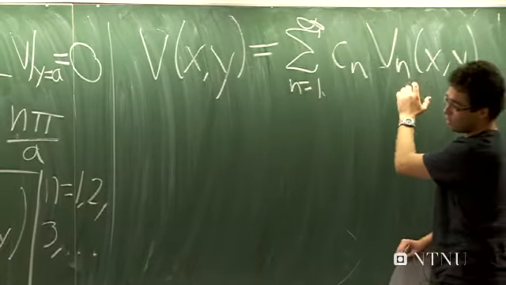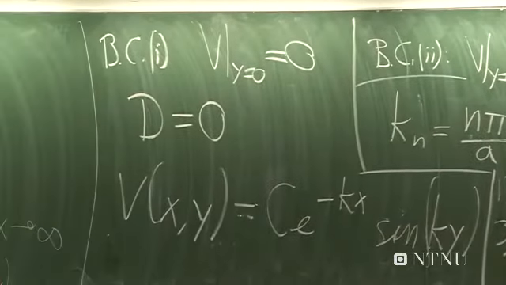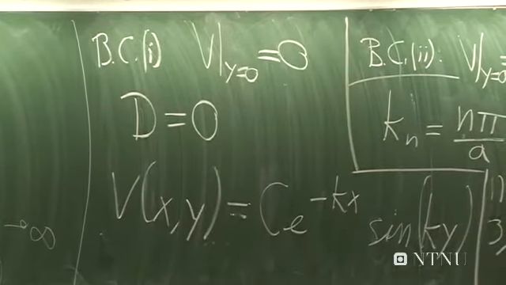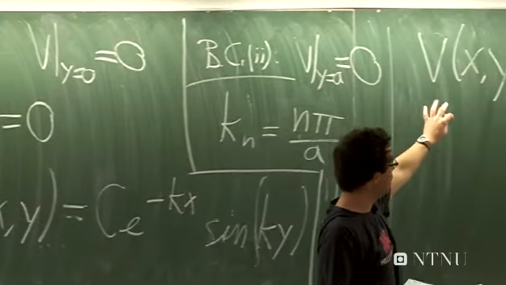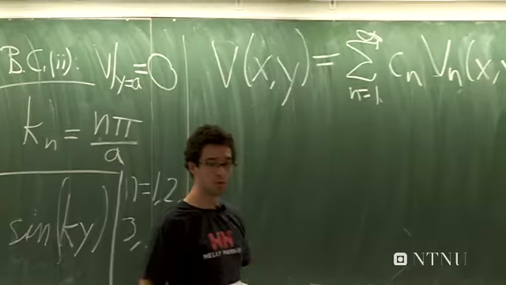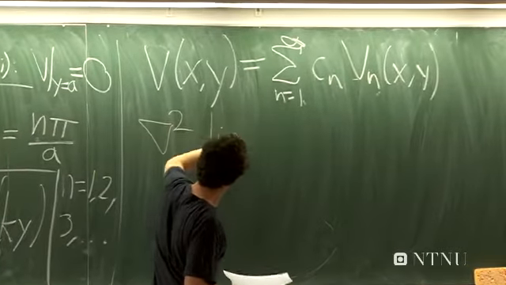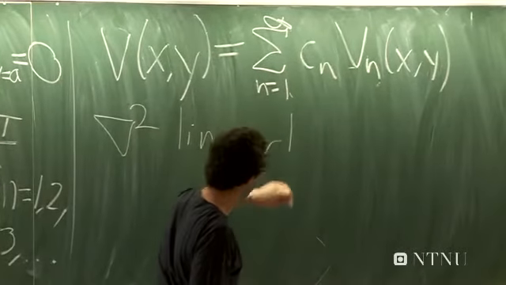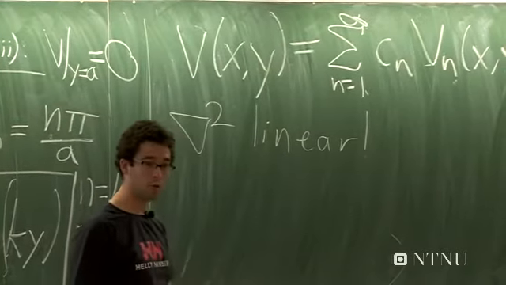So I call this solution now Vn, because there's one solution for each positive n. And the total solution could be any linear combination of those, because the nabla square is linear. So if you look at this,